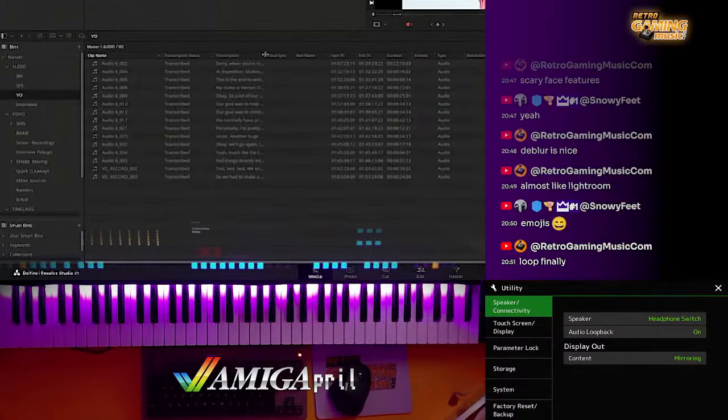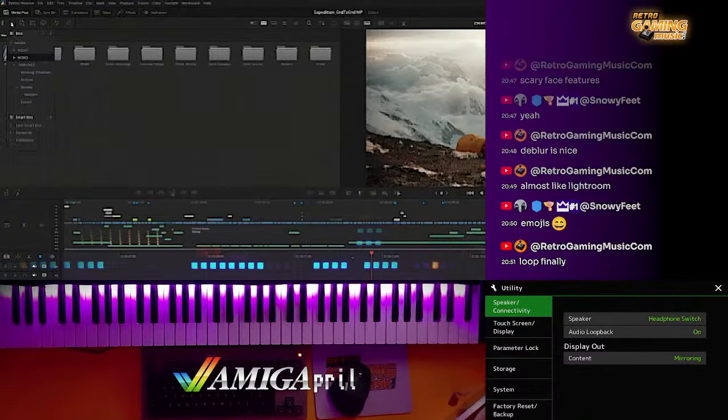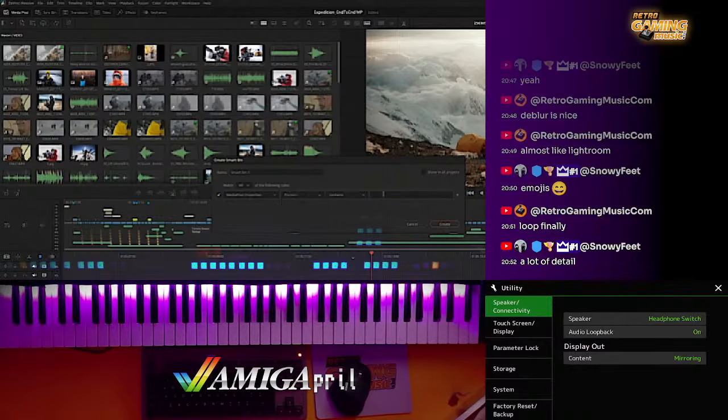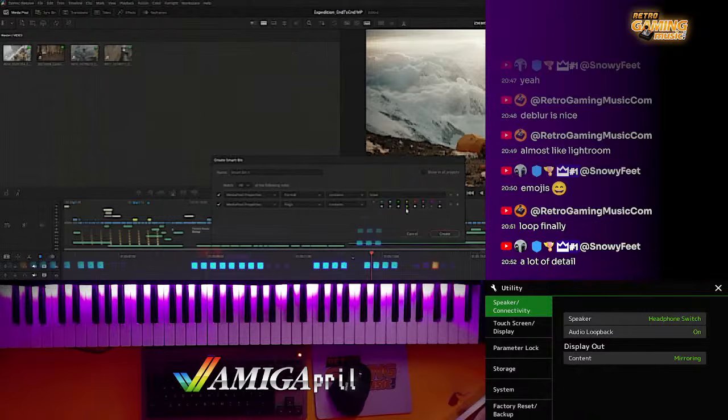There is now also a new transcription column, allowing you to see transcribed audio locally in your bin in text form. And in the cut page, smart bins are now supported. Use the bin list drop-down in the upper left of the media pool to access and generate sophisticated media pool filters based on a wide range of rules and criteria, such as displaying only Blackmagic raw clips that have been